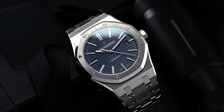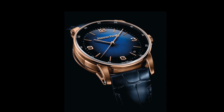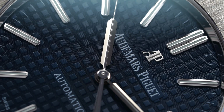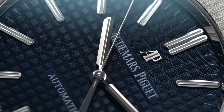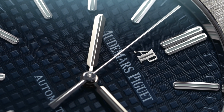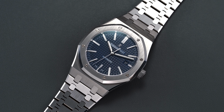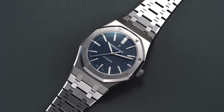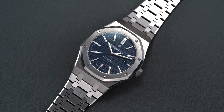It's so funny when you look back at what people will say all the time, like, okay, AP, do something new. Release the Code 11.59, they get trashed for trying to do something new. So I think right now, one of the biggest challenges for AP is also one of their greatest successes. The shadow of the Royal Oak is so hard to step out of. You can't get out of its way. It's such a huge, monumental release for the entire world of watchmaking that it's become this double-edged sword for the